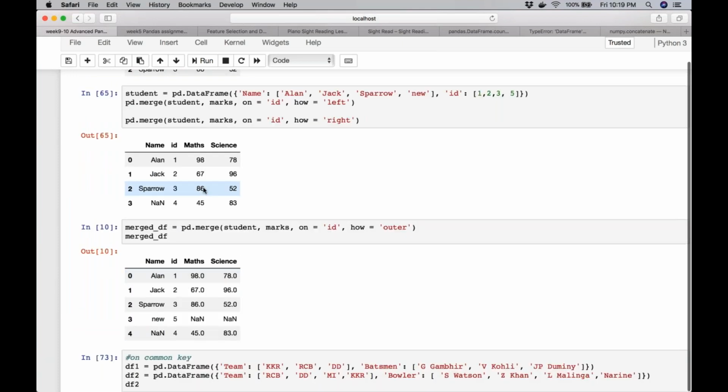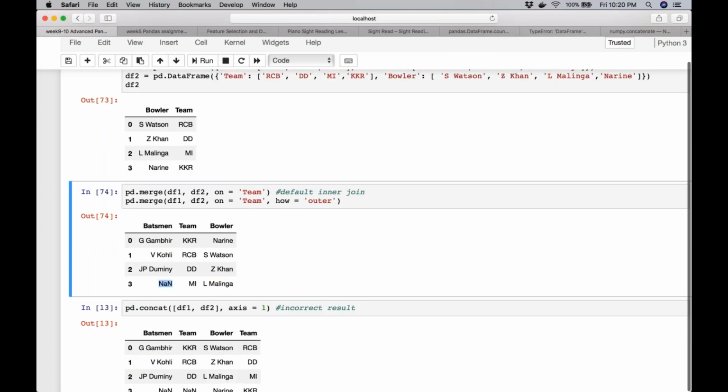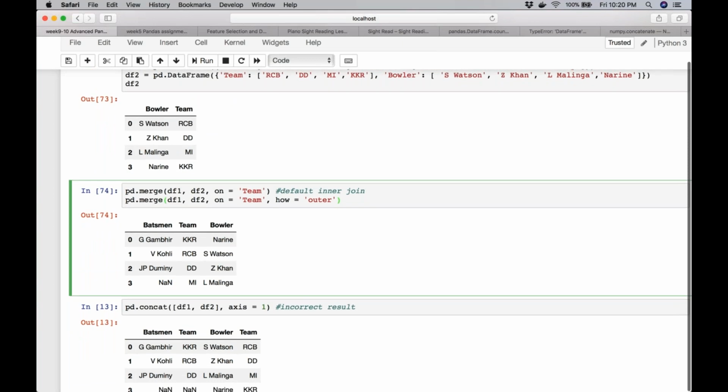We were seeing earlier, in the earlier case, at least our IDs were in the correct order. So it was 1, 2, 3, at least up to that point the order was correct. And then in one data frame we had 4, and in the other it was 5. But here, the order was not the same, and still it managed to merge them in the correct fashion.